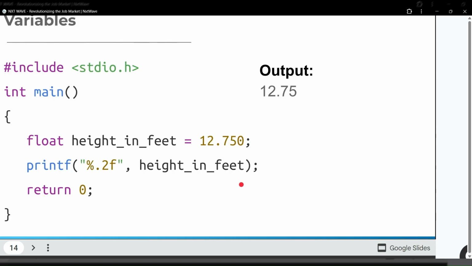Okay, if you use one digit, then the output will be 12.8. If we rounded for 0.1, then the output will be 12.8. Why? Because here it is greater than 5. Okay, then